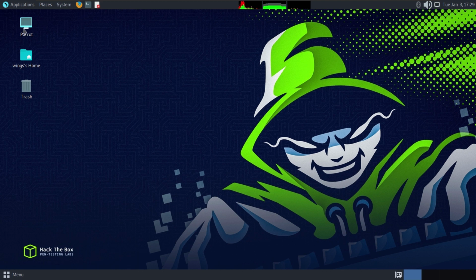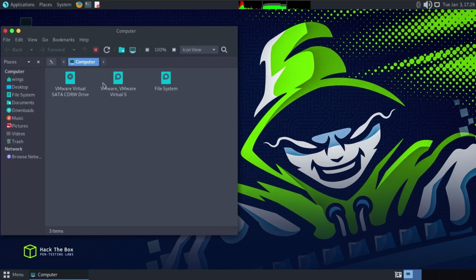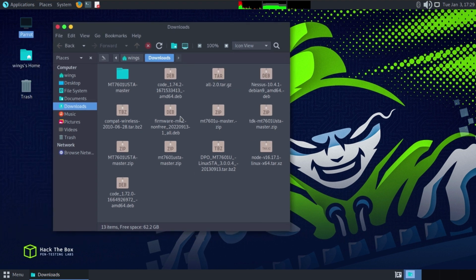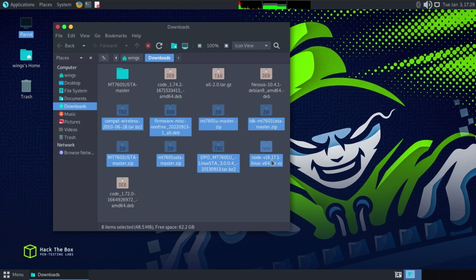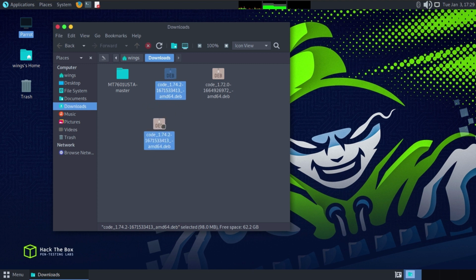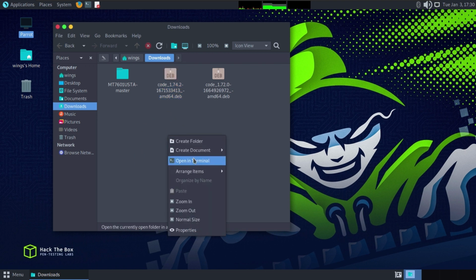But here, after that, I'll move to downloads. Then, sorry, I have so many things installed here. Let me try and then clear all these so that you'll be able to see what you're actually doing. Yes, so I have this one and then this one. This one is actually the latest version. This is Visual Studio Code for Linux. So I will open the terminal here,